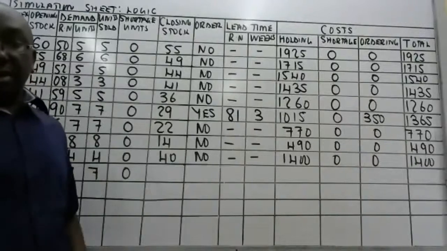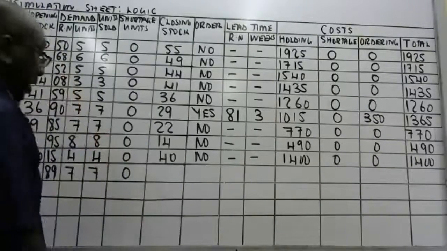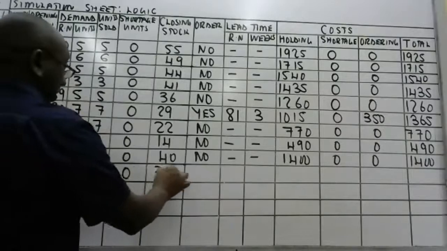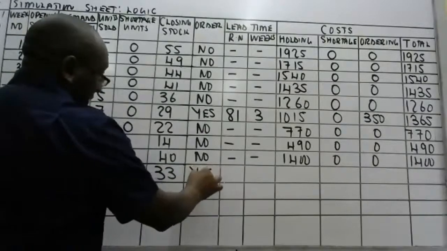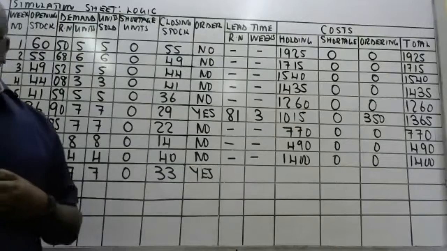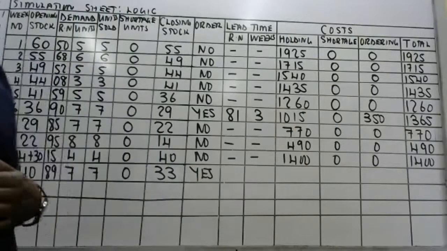I close with how many? With 33. I close with 33. Do we place an order? Yes, because the previous week we were below. So when we say yes,